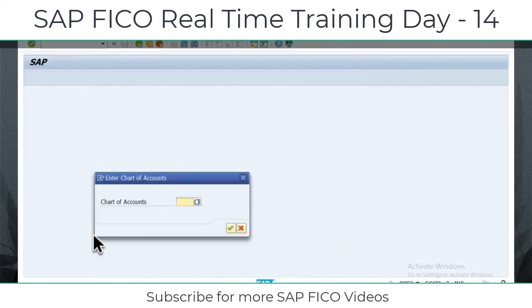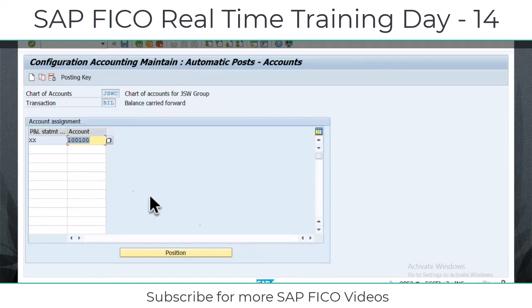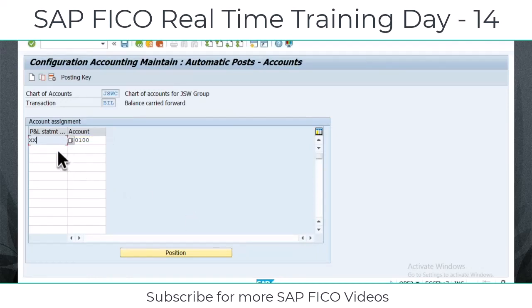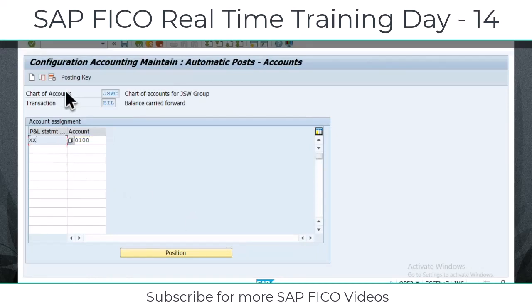See here, retained earnings account. So here you have to specify your chart of accounts. As I told you, specify your chart of account code. Okay, then press enter. And here, for example, it is already maintained. So I'm just specifying one example here. Any code you can specify. And here you have to specify your